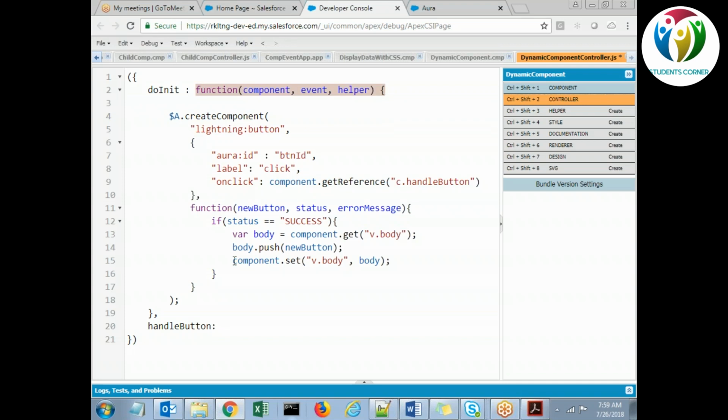Let me save it, and this one also. Let me use the same app. c: